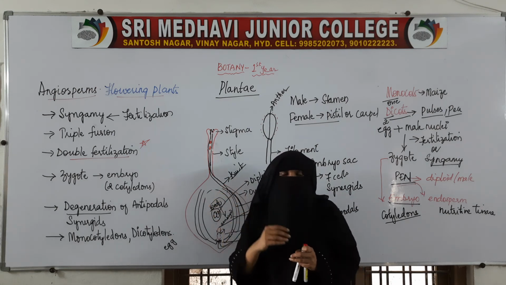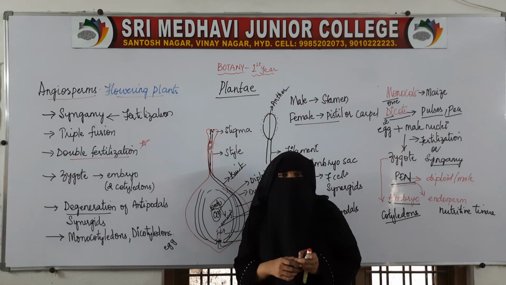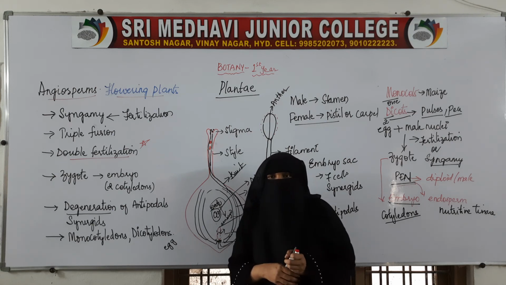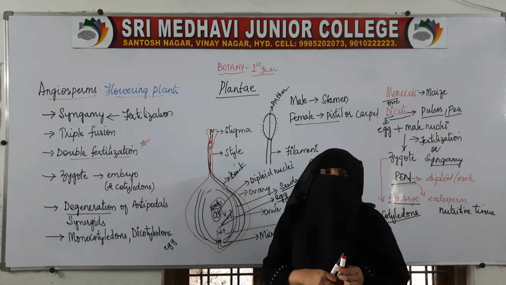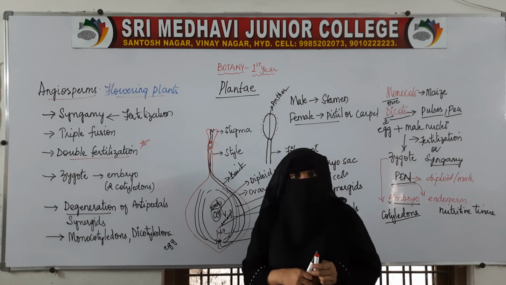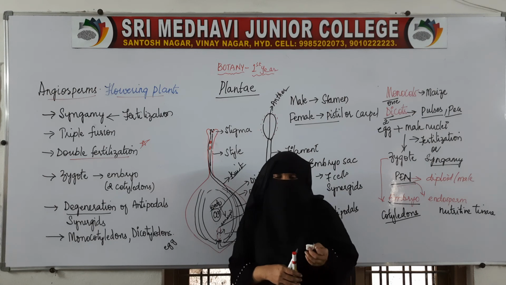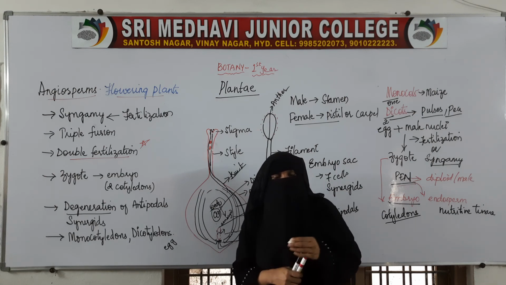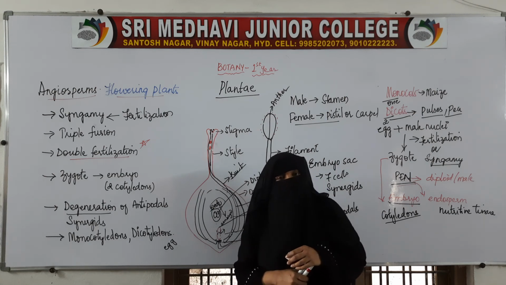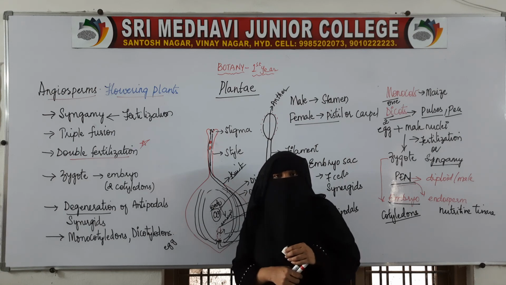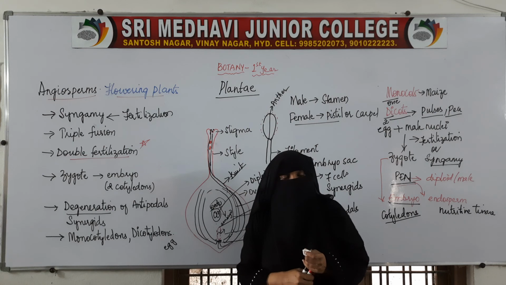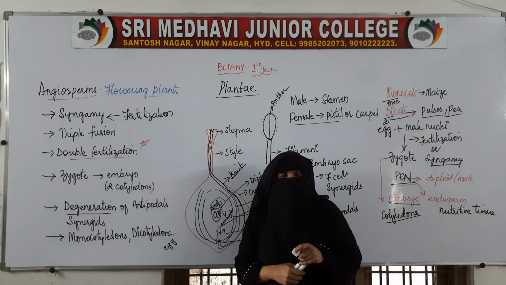Next is a small topic on the different life cycles. We have said that bryophytes and pteridophytes show alternation of generations. How they show alternation of generation and what the different cycles are, we will see in the next video, after which the fourth lesson, the kingdom Plantae, will be finished.